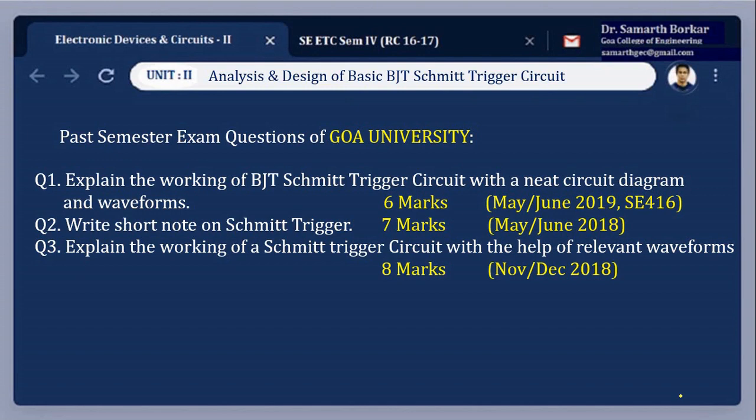So you're going to have a toggling output, VCE sat to VCC, for different specified reference levels, that is UTP and LTP. And UTP, LTP need not be different values, they can be the same values. So by properly selecting the values of UTP and LTP, we can decide the pulse width of the output waveform, and not necessarily do we have to have a sinusoidal signal. It can be any noisy signal, and we can have a kind of comparator circuit.